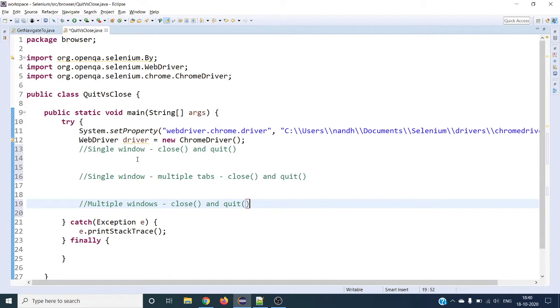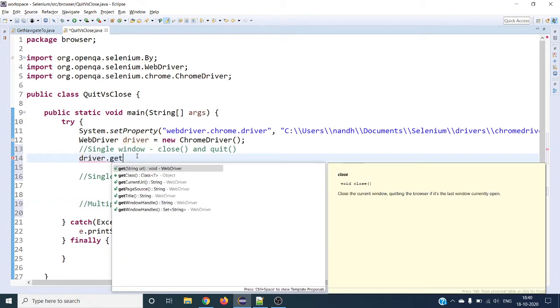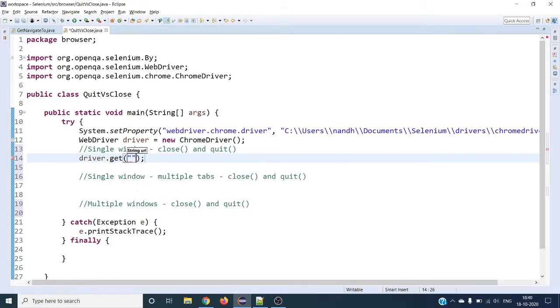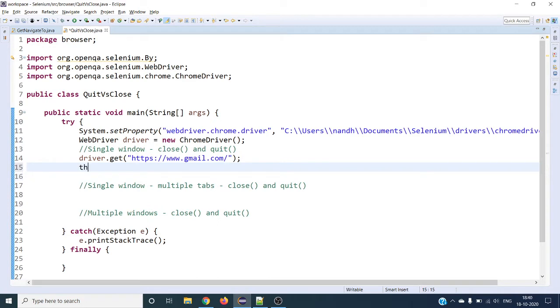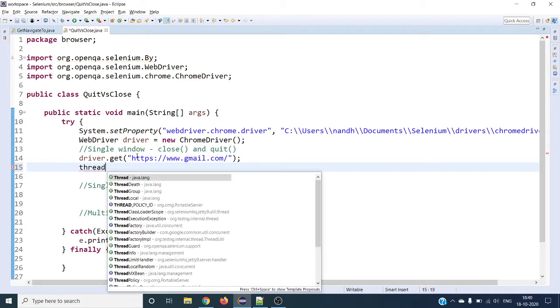First one, I'm going to take gmail.com. Let's open gmail.com and see how it closes the browser. I'm going to give some thread wait.